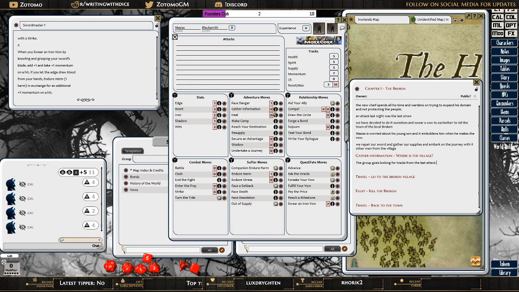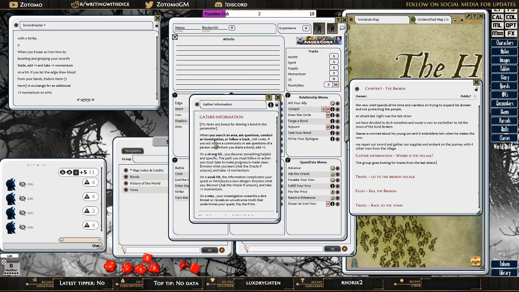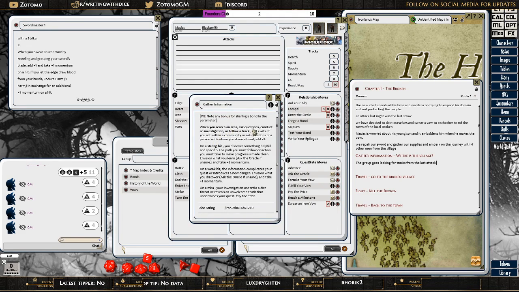So we want to... Is there like a track? There's not a track. Fates? No. Okay, so we just want to do maybe gather information. So gather information. Note any bonus for sharing a bond in the parameter. Okay. When you search an area, ask questions, conduct investigation, or follow tracks, roll wits. If you act within a community and ask questions of a person with whom you share a bond, add +1. We're not